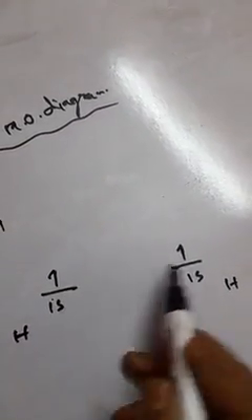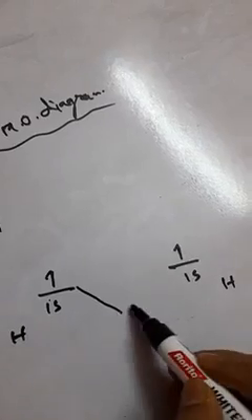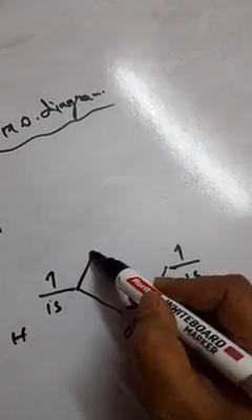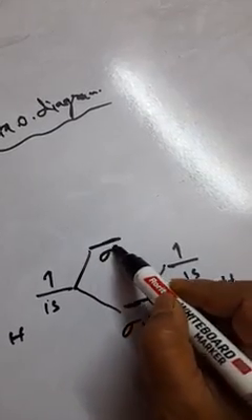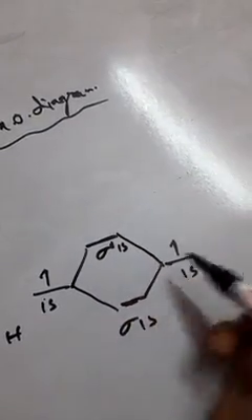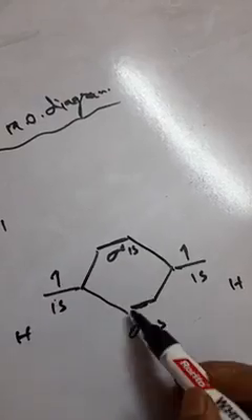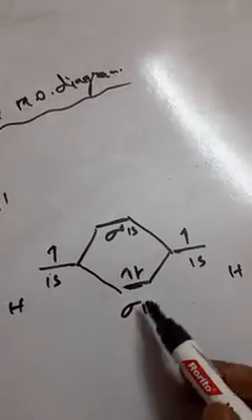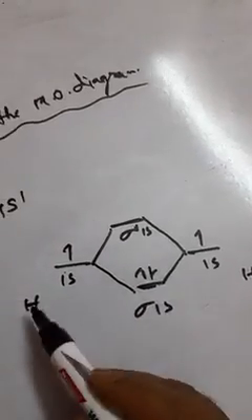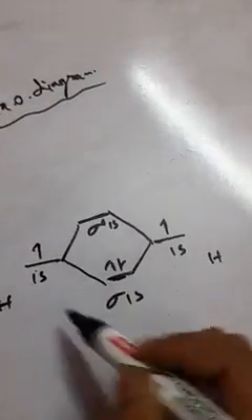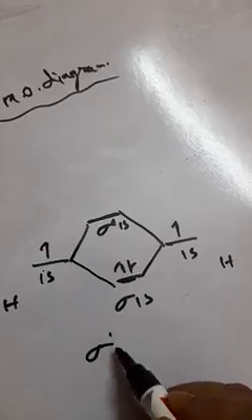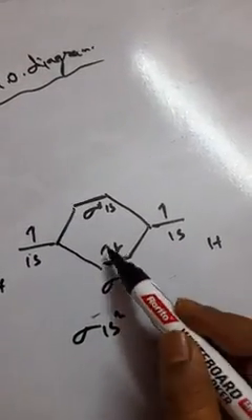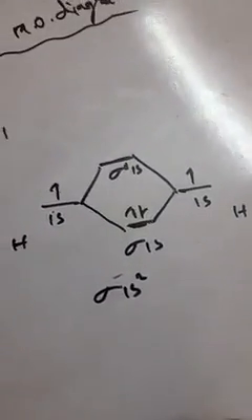Each contains one electron. So this 1s orbital will overlap in two ways. It will form one sigma 1s, and then it will form sigma star 1s. Total 2 electrons are there, and they will come over here paired up. So in the molecular orbital of hydrogen, the configuration is sigma 1s2, not star, sigma 1s2. In 1s only 2 electrons are coming.